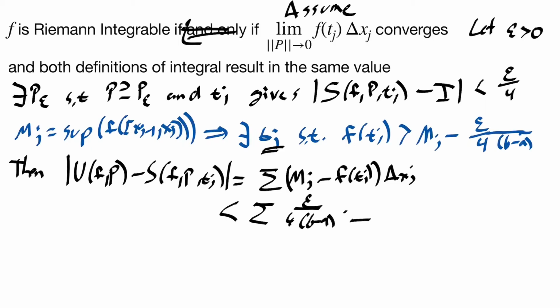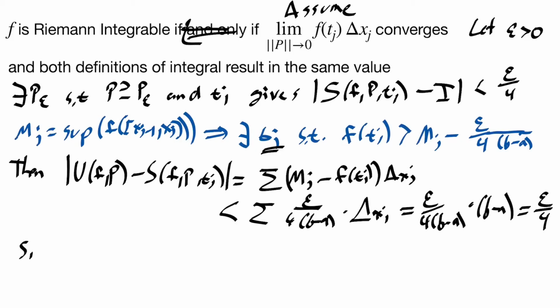Each one of these is less than epsilon over 4(b minus a) times delta xj. But now this is a constant. If I add all the delta xj's up over here, I get epsilon over 4(b minus a) times all those delta xj's, which give me b minus a. So therefore, I get that this equals epsilon over 4. And then I could do the same thing for the nth, and similarly,